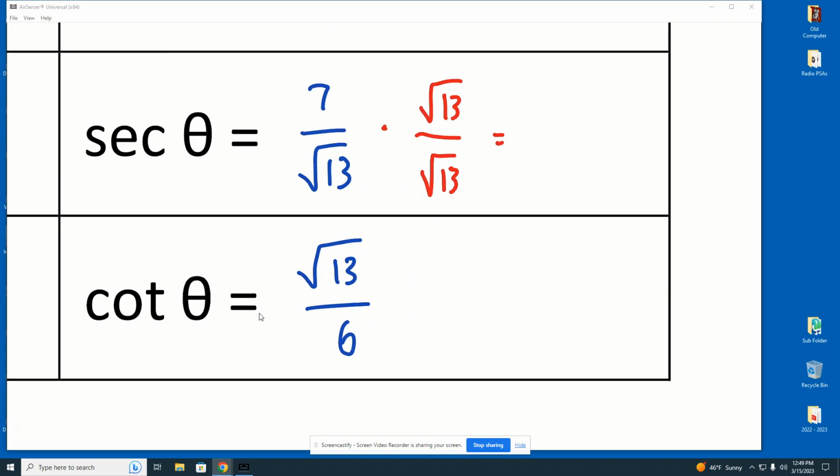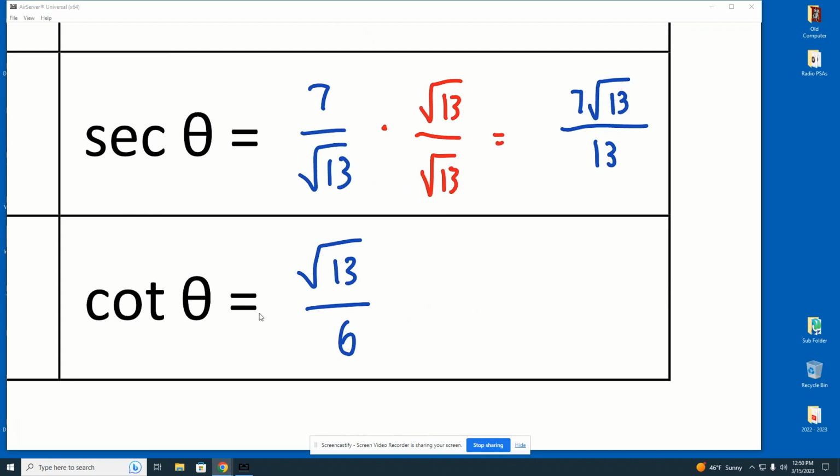And here's what ends up happening. Up top, we just have 7 times the square root of 13. You can't multiply a number outside a radical by a number inside. Okay? But on the bottom, what happens to square root of 13 times square root of 13? It's technically square root of 13 squared, and what does square root and square do? That's what allows it to break out of the radical,